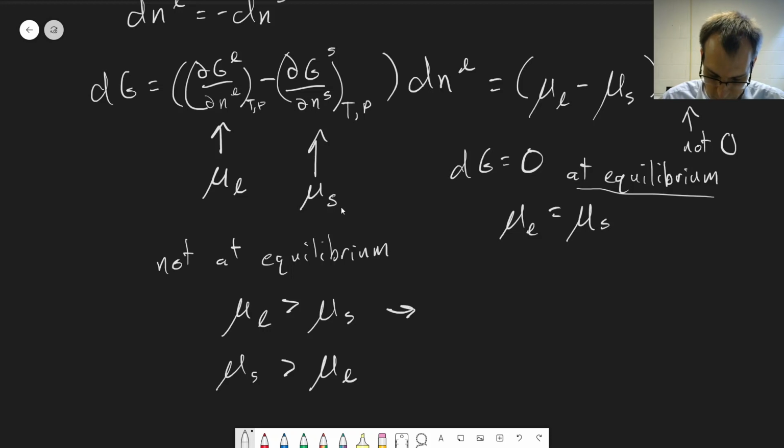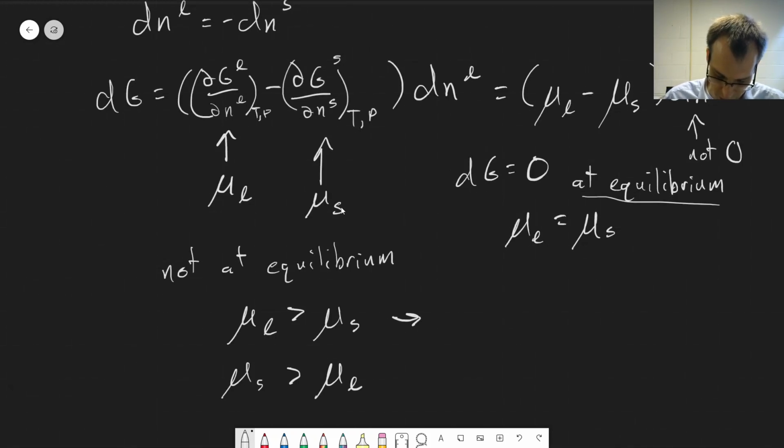Well, that will give us a positive value, right, if we're looking at this equation up here. If we have mu L greater than mu S, this term here will be positive. That would mean that this term has to be negative for this to be spontaneous, and so dNL will be negative,